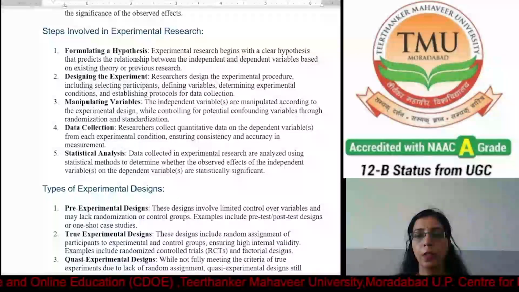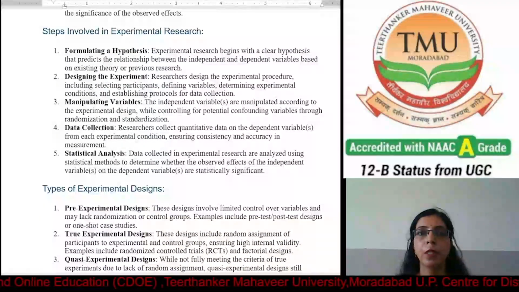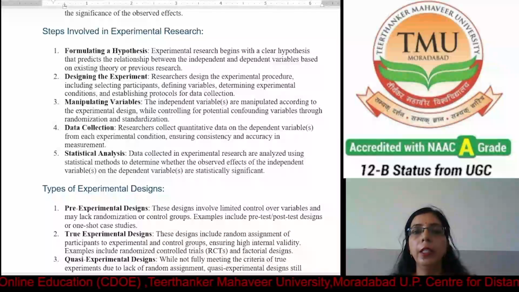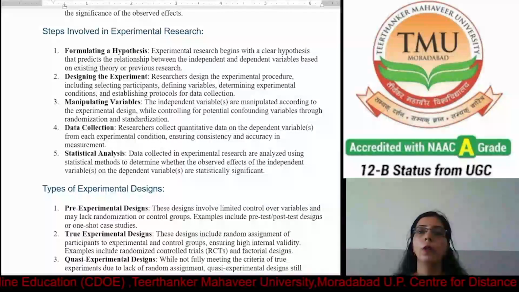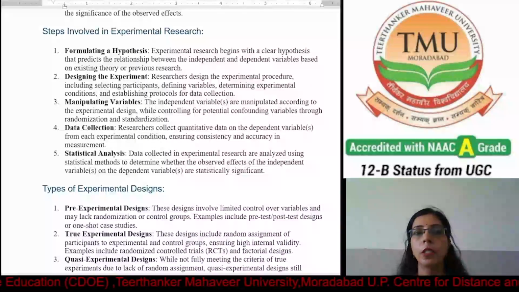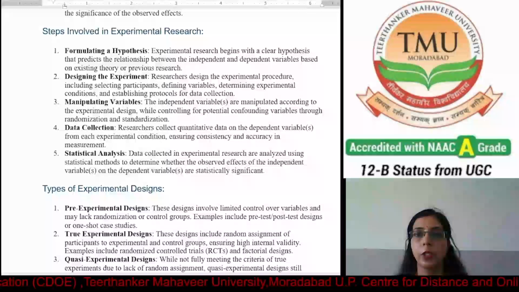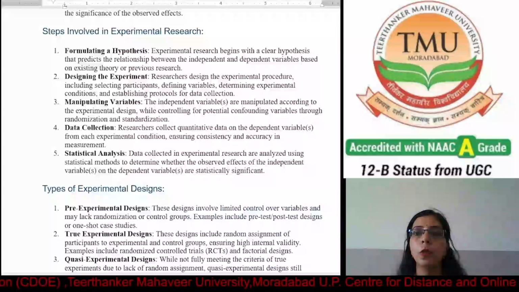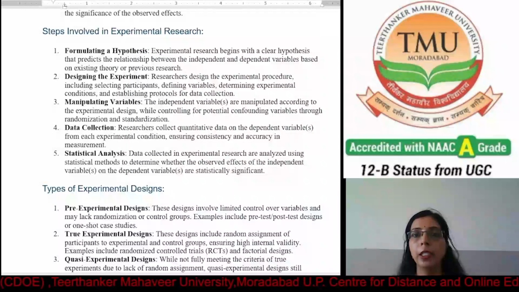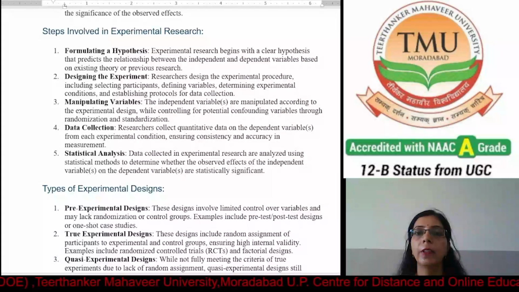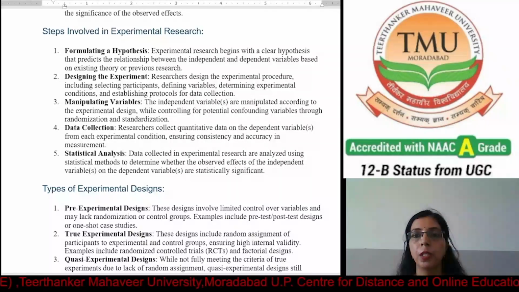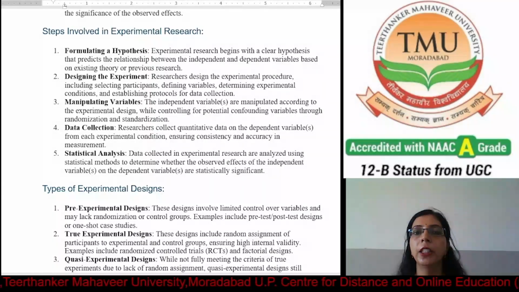Students, in our previous session, we studied that experimentation involves formation of groups by randomly assigning the subjects to the groups, equating the groups on the intervening variables, and randomly assigning the treatment to the groups. The purpose of experimentation is to study the effect of manipulated independent variable on the dependent variable.